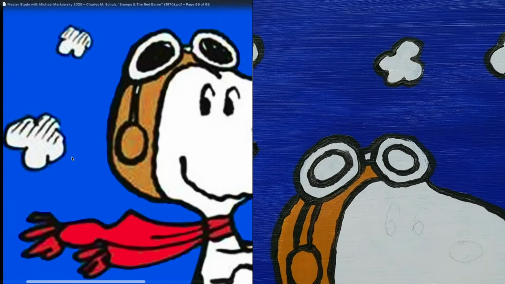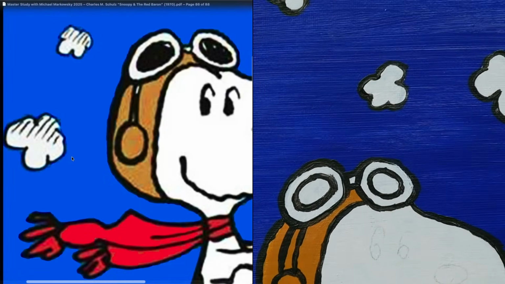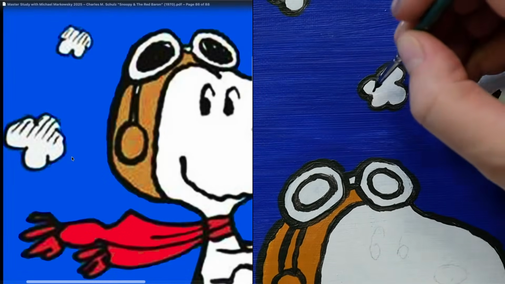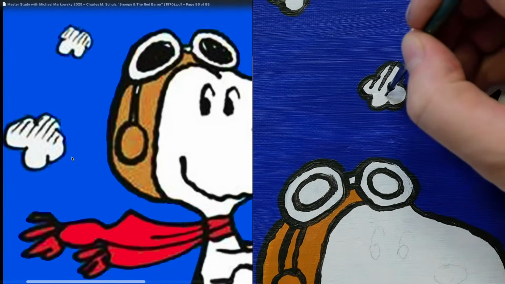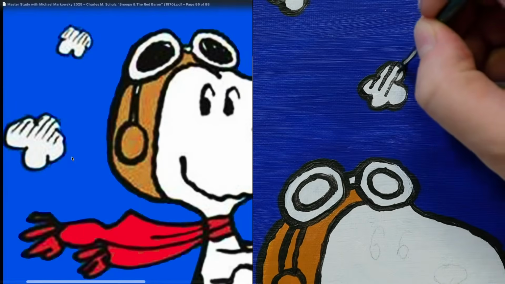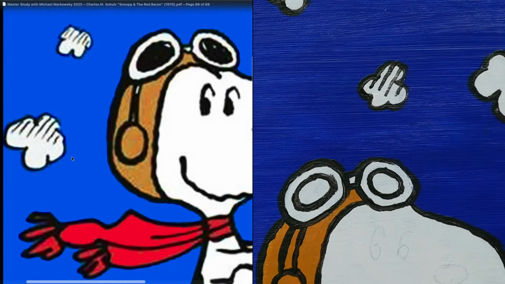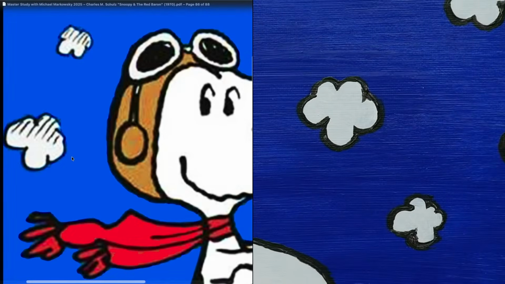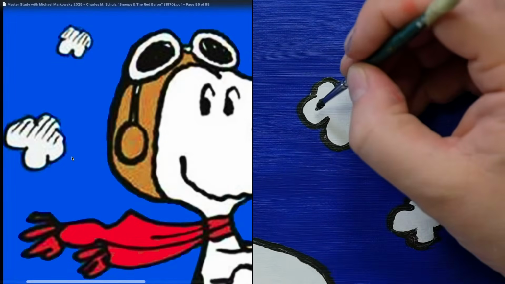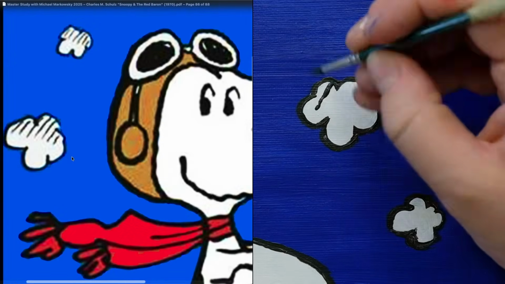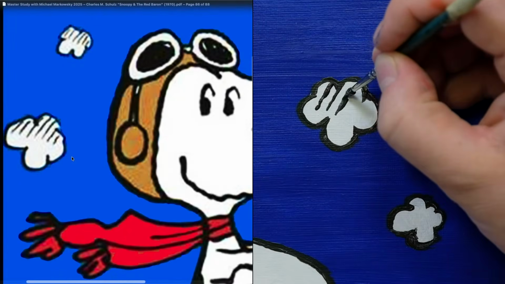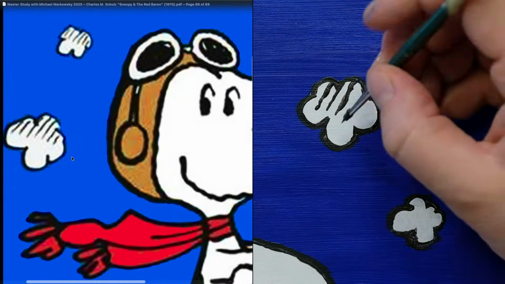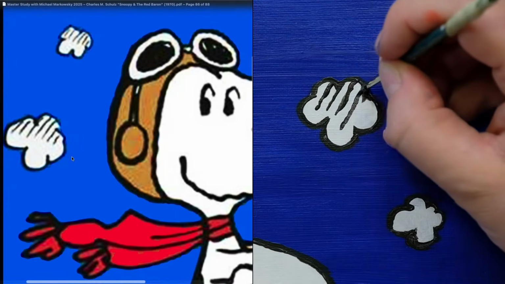I think ideally all of these diagonal lines are running about as parallel as possible. I can see some of mine are going in slightly different directions. If I was really obsessed with getting it perfect, I would have drawn my lines out first, just to ensure the accuracy, but